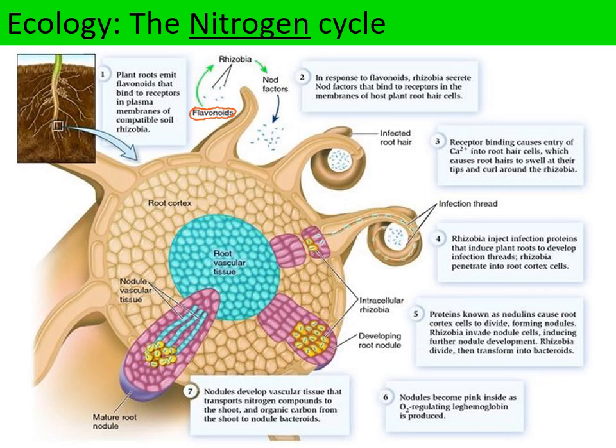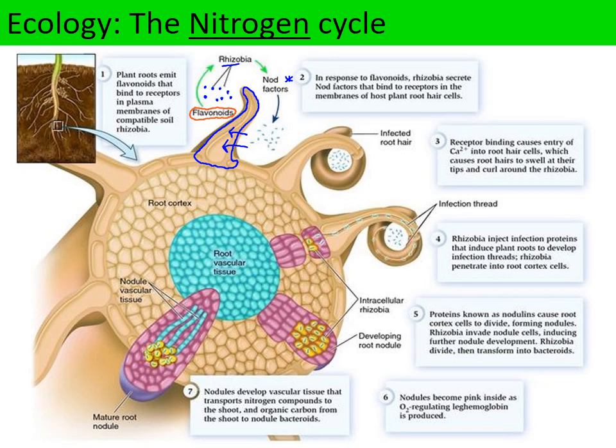Now, the rhizobia bacteria originally are actually outside the roots in the soil. So these little blue dots might be the rhizobia bacteria. Now, the flavonoids released by the plants stimulate the rhizobia to secrete chemicals called nod factors. Now, these chemicals bind to receptor proteins in the cell membrane of the root hair cell. So imagine this was a root hair cell with its long root hair extension. Now, the chemicals that are secreted by the bacteria bind to proteins in the cell membrane of the root hair cell, and that causes calcium ions to actually enter